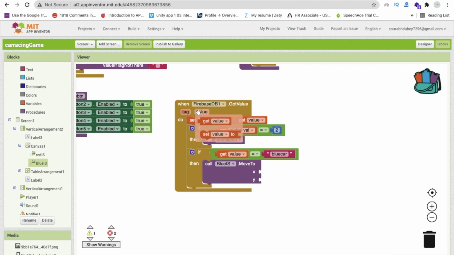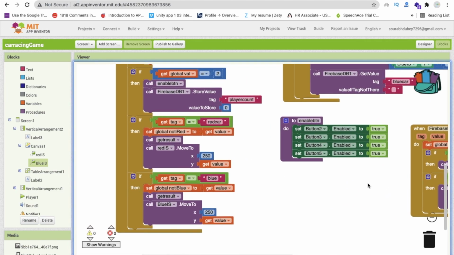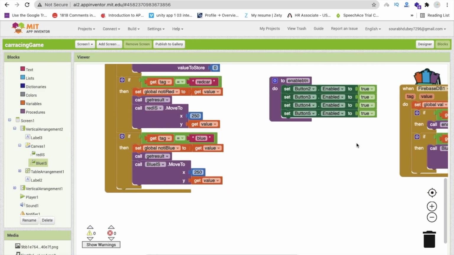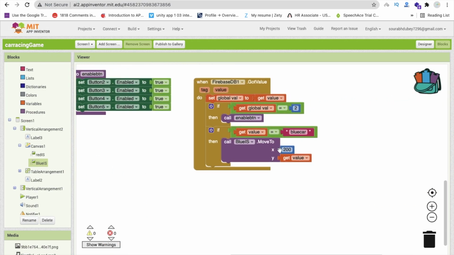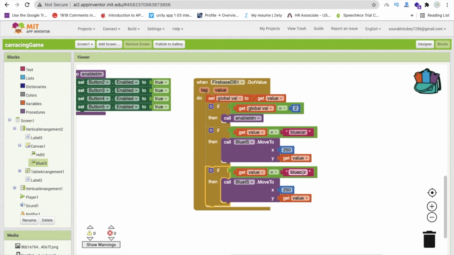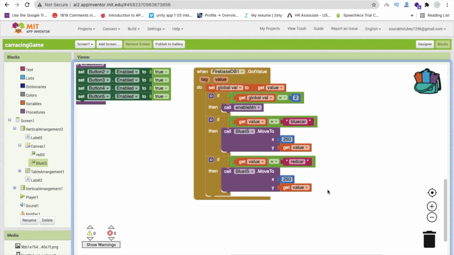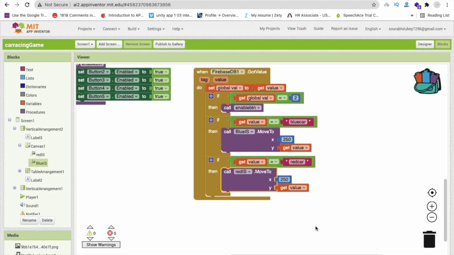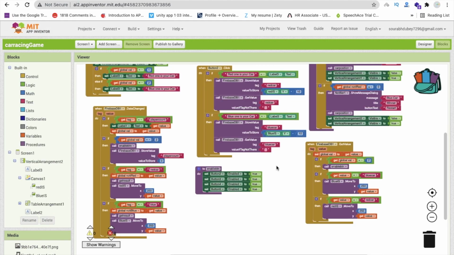to the get value position, but the y value should be static. I think we defined 200, right? In the initial point that we have defined, the car value is 250, the x value is 250, so I'm going to define 250 here. And the same thing I have to do, just copy paste this, change get value is equal to red car, then I have to set that value as the blue car, and that is the red car. We have to do some changes, you might get an error on that.